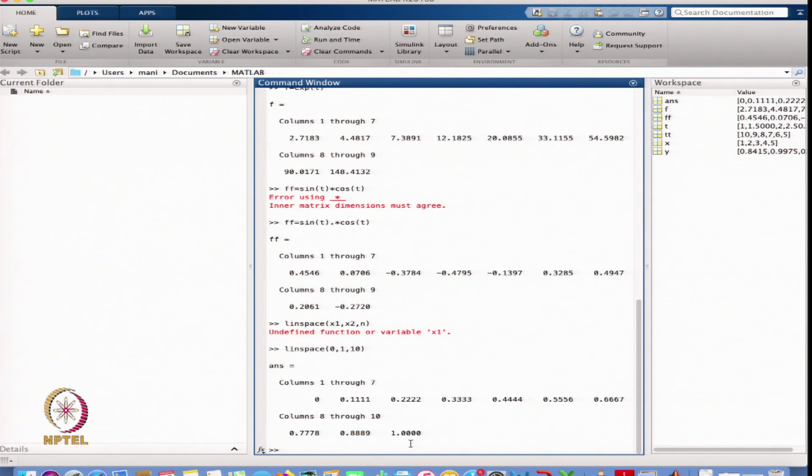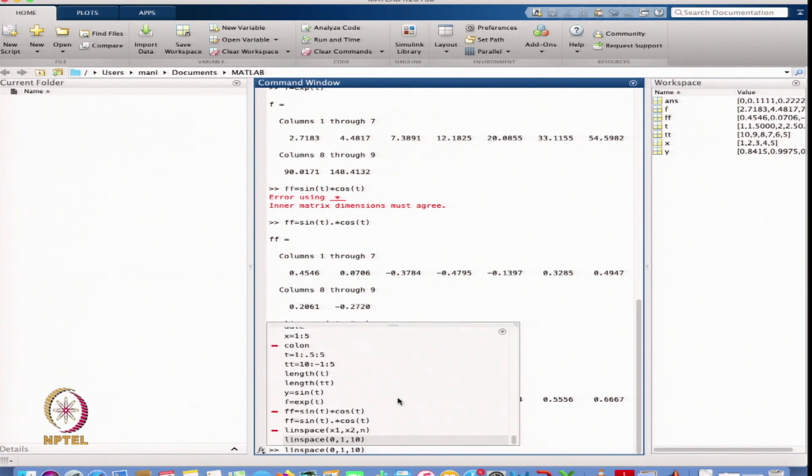It gives you a vector with 10 components starting from 0, and the last element will be 1. It is distributing the interval into 9 subintervals and giving you 10 points. Whatever we have done with the help of colon, the same thing I can do with linspace.